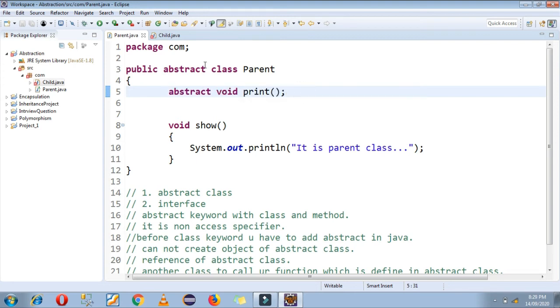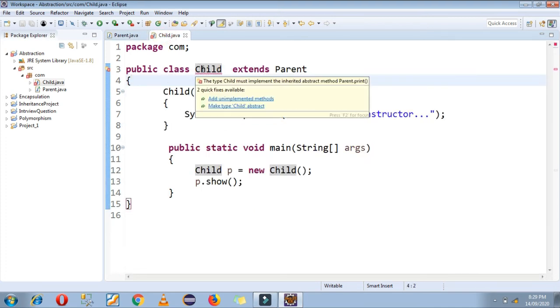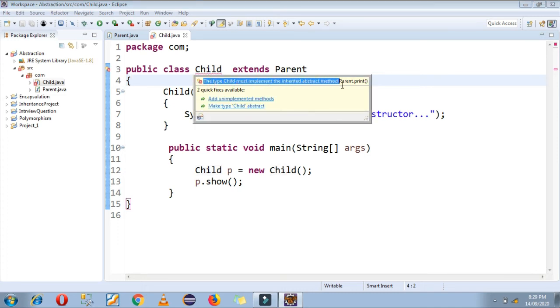But in the child class, you can see JVM created one error, and that is the type child must implement inherited abstract method, that is Parent.print method.